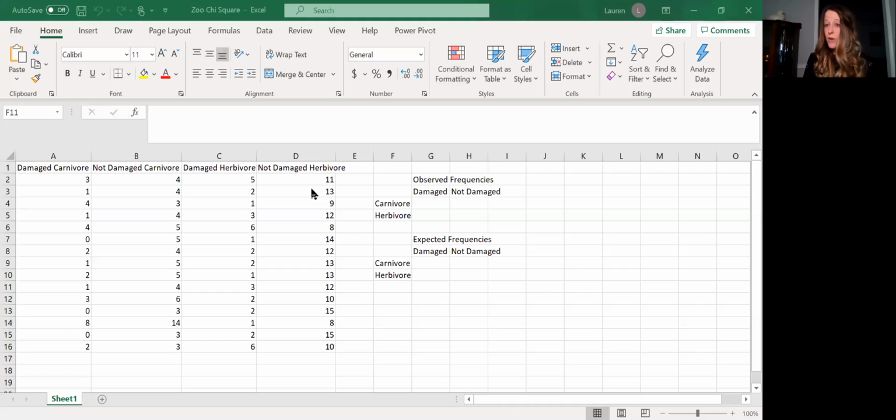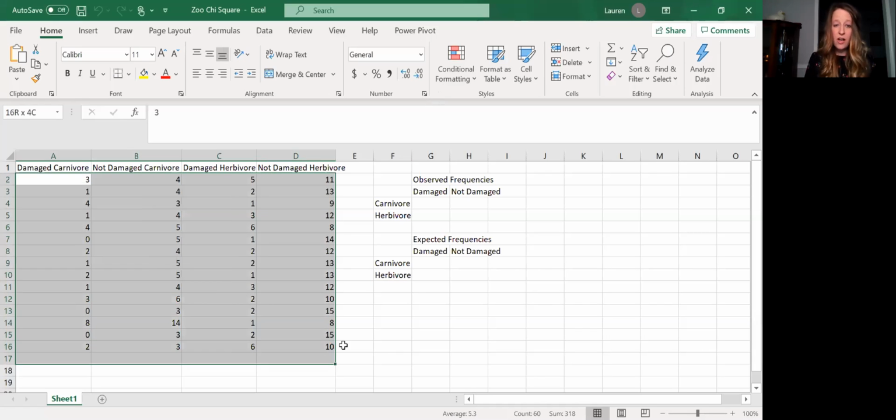So is the type of animal, herbivore or carnivore, related to the injury status? No damage or some damage? And in your activity, you are given an Excel file, and you use the data from this file to answer this question. And so the variation that we are going to use is that instead of using all of this